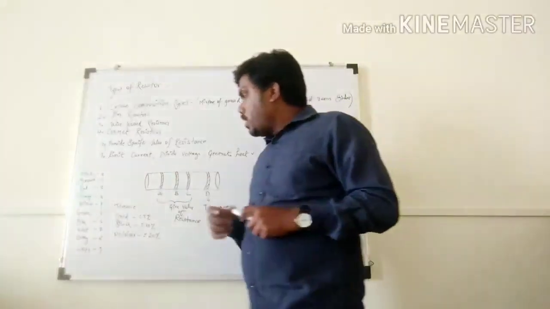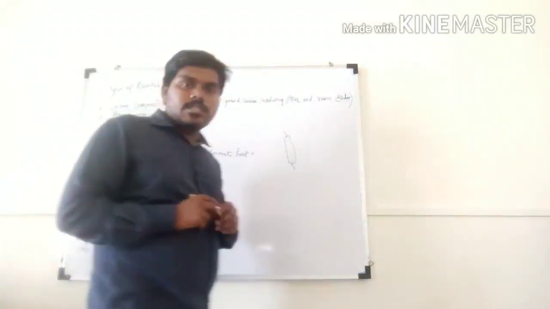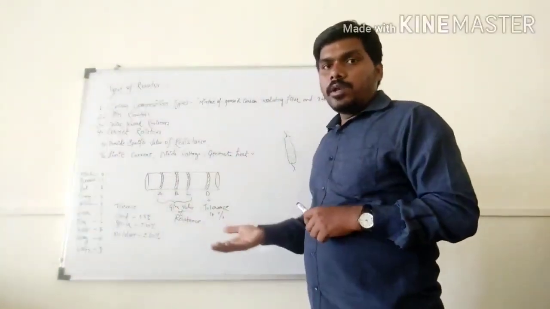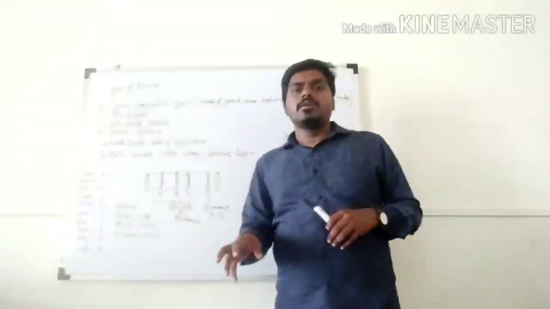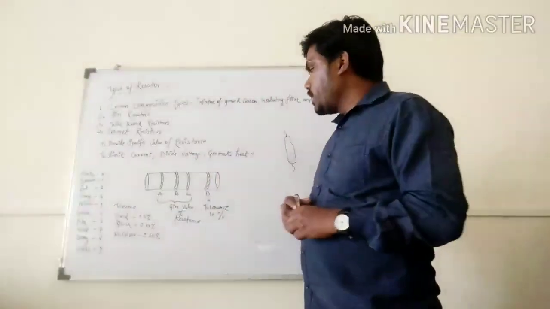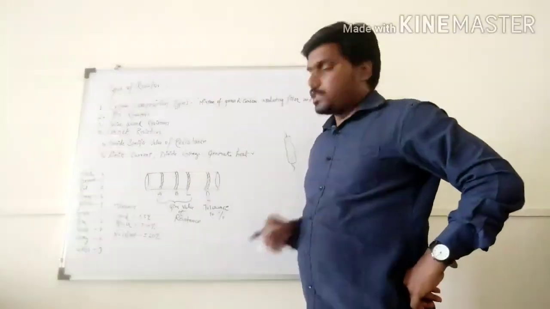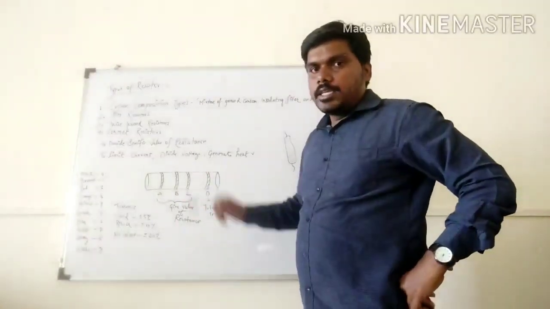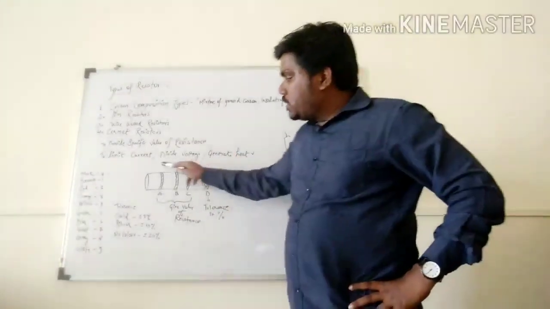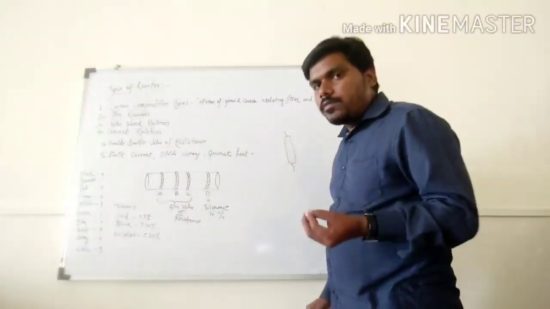So how can you decide the value of this resistance? That value can be calculated by us if it is not mentioned there. So let's suppose this is one color, this is the other color, the third one, and the fourth color. This A, B, and C give the value of resistance. With this you can find the value of that resistance.